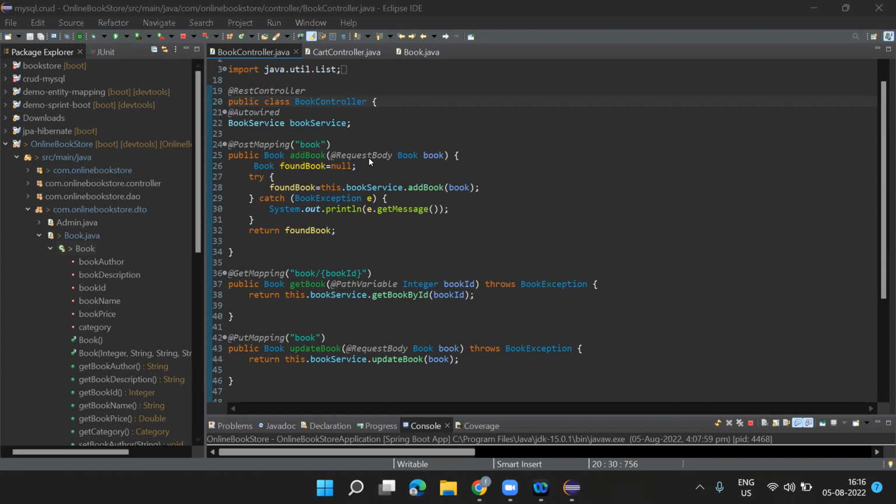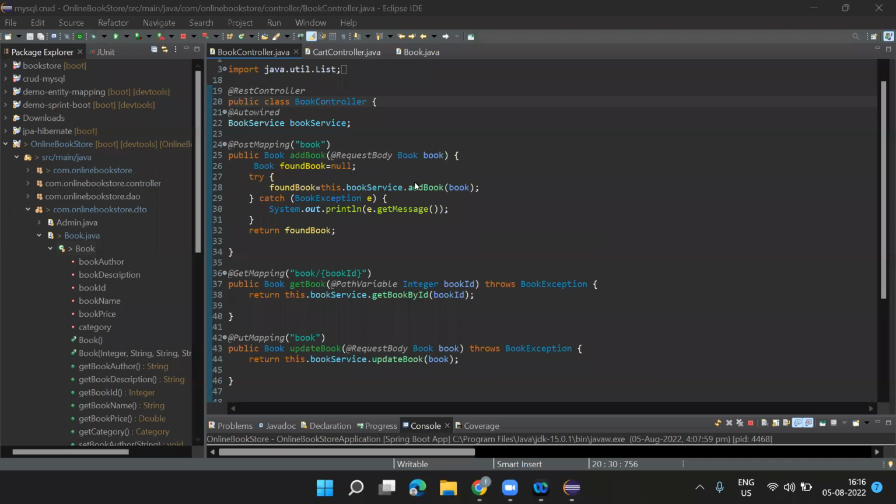What it means is this method takes a body in JSON format, and it will convert it into the book entity object. So it will take the book entity object as a parameter. Now I'll check whether it is getting the book entity or not.